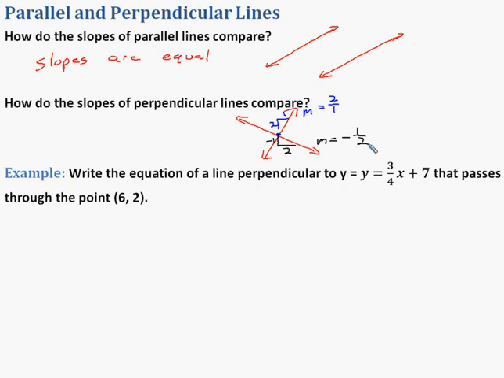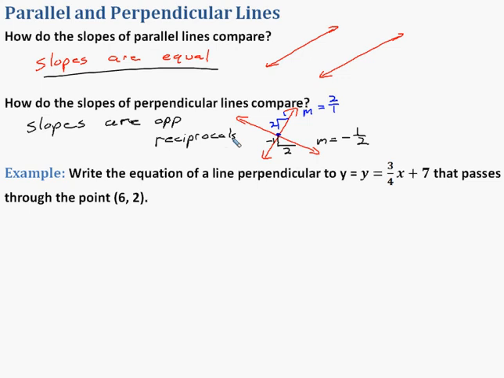Well, the slopes are negative reciprocals of each other, or opposite reciprocals. You can take the reciprocal and then change the sign. Another fact about that is if you multiply those together, you'll get negative 1. But what we need to see with these two, for parallel lines, the slopes are equal. For perpendicular, slopes are opposite or negative reciprocals. So if you know the slope of one line, you know the slope of the perpendicular line is the negative